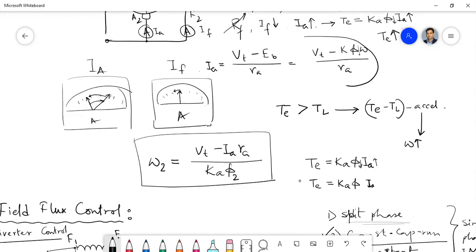It is associated with the copper loss of the machine. This is a general discussion which we made in the last class, but for implementation perspective, we want the armature current to be constant. So if the armature current remains constant in the drive,